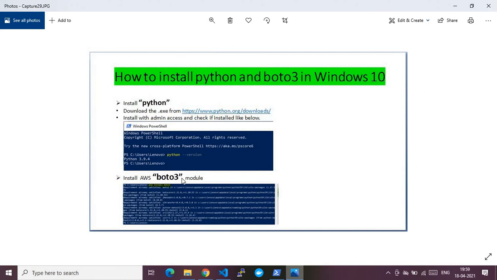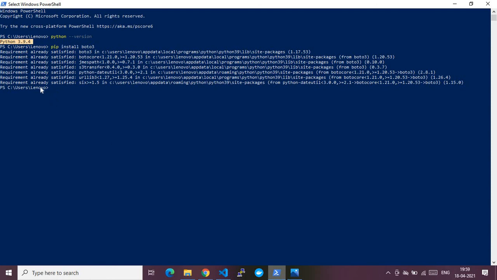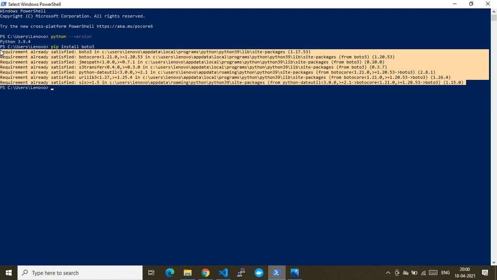With that note, let me quickly move to our next task, which is how we can install Boto 3. Installing Boto 3 once you have Python installed in your system is very straightforward. First, open your PowerShell window and run the command pip install boto3. Pip is the Python package installation module. You type the command install, and after that you provide the Boto 3 module. It will take some time. For the showcase I have just rerun the command. If you run it a second time, it will show you output like this, whereas when you run it for the first time, it will show you somewhat longer output.